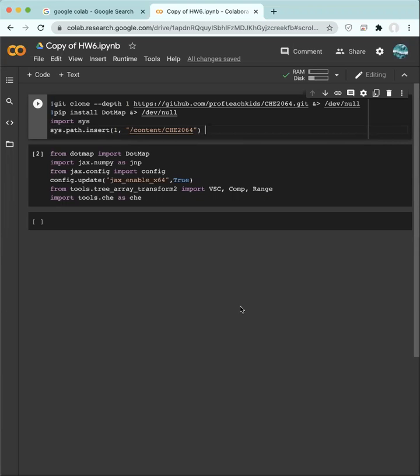Okay, hi. This is Katie from my group for Homework 6. This is part 4, and this is when we are going to be coding to solve for the adiabatic flame temperature. So what we're starting out with is this part, and this is just giving us access to the GitHub